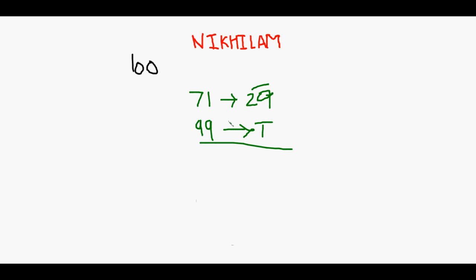So as usual, add up 71 and 1 bar, or 99 and 29 bar, we will get 70. Now multiply 29 bar and 1 bar, we will get 29. Now see here, as the base is 100, we are getting 29, so we have to get 2 digits on the right hand side. So the answer of 71 into 99 is 7029. We are getting it in only 1 minute.